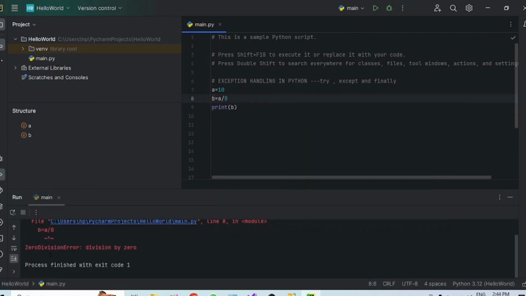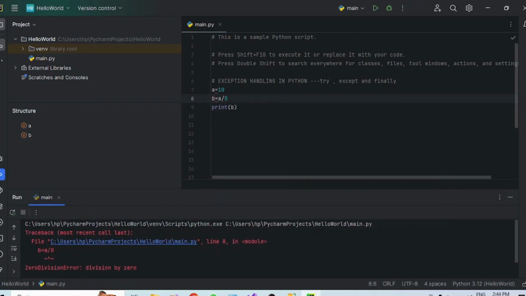what is the default behavior, you can see this line, this file. Okay, we got an error here, and it is saying zero division error, division by zero, which is not allowed, right? So this type of error throws an error, so how can we catch it? For that we have to use the try and except block. So what we can do is, we can keep the statements, the entire code, in the try block. Okay, so this is the syntax to do this, we have a try block,